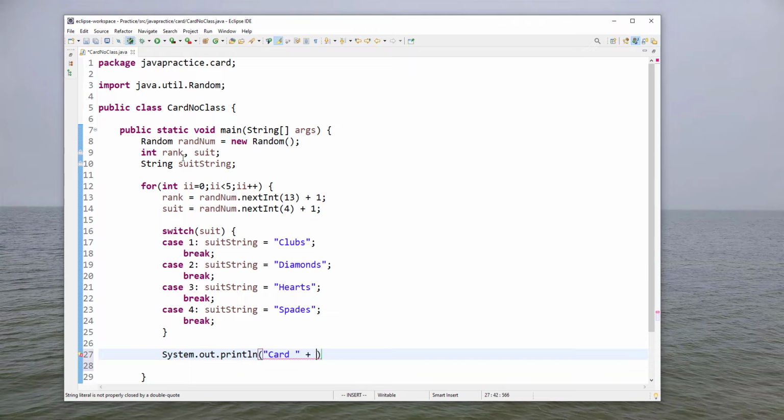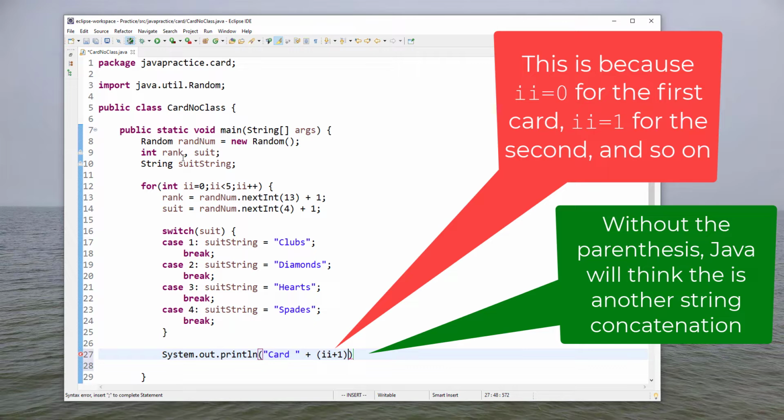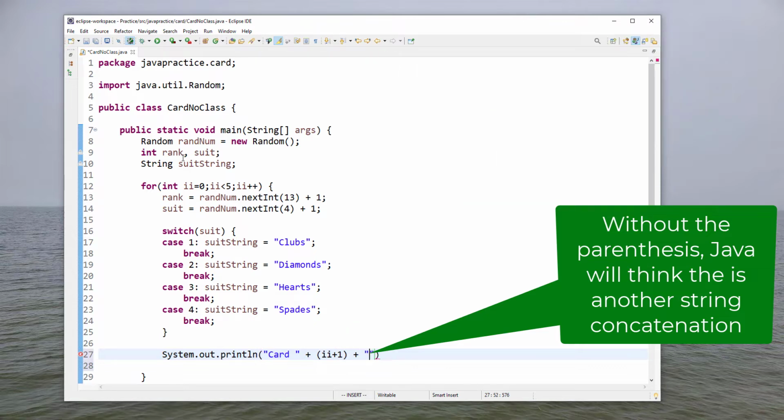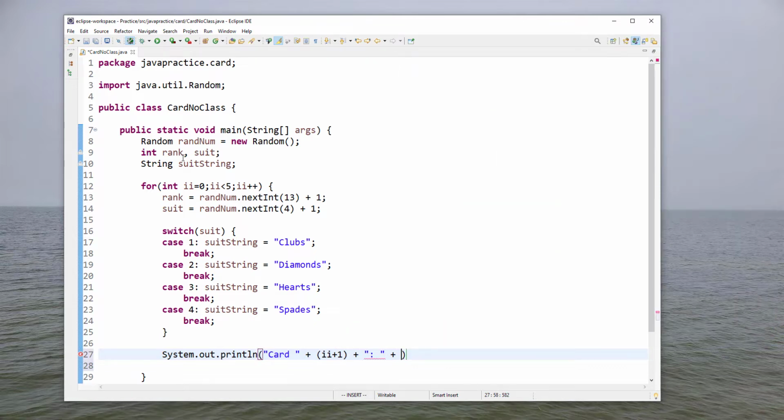And I'll print which card this is. I'll add 1 to i because I want to go from 1 to 5. And I put that in parentheses so that it knows not to do string append. This is 2 numbers I want to add together. And then this is going to be a rank